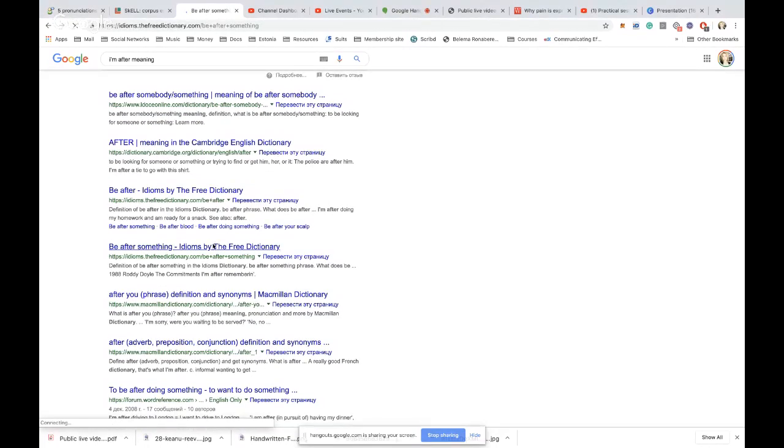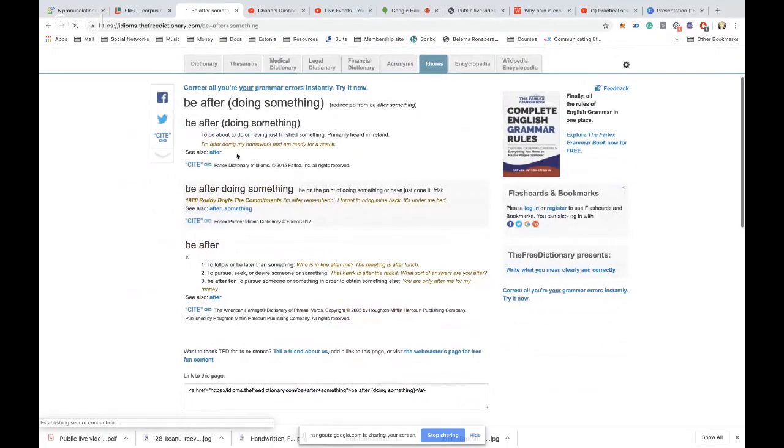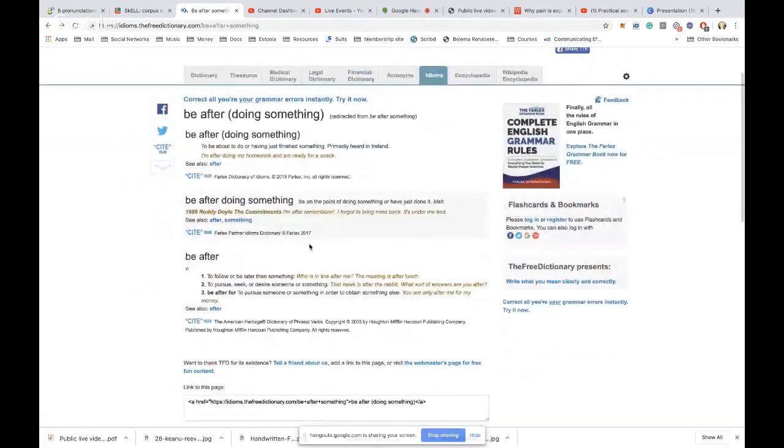Be after something, the Free Dictionary. Let's look at the idiomatic expression, the idiom. I'm after doing my homework and I'm ready for a snack. So I'm after doing my homework. But this is different. It's to be about to do, or to have just finished something. What I'm looking for, no, I don't want the Irish context. What I'm looking for is